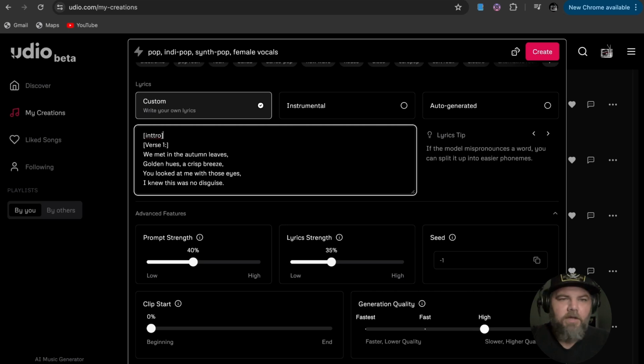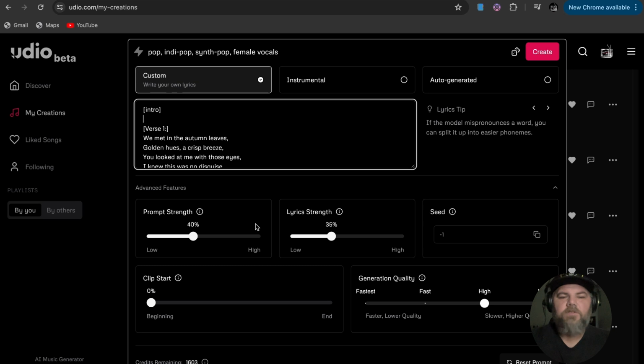And I know you can add an intro after the fact, but I just like to do it myself sometimes. It kind of gives you a feel of how the song's starting. And then I'm just going to keep the quality speed right now at normal,